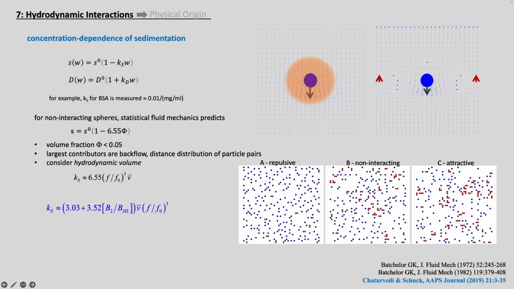As Batchelor has shown, we can attribute approximately half of the nonideality to depend on this effect. In fact, it is possible to express the particle distance distribution as a ratio of the second virial coefficient to the second virial coefficient of a hard sphere. And I should mention that the second virial coefficient can also be calculated in the framework of these phenomenological coefficients Ks and Kd, but since Kd is typically a bit difficult to determine reliably, this relationship is actually more useful